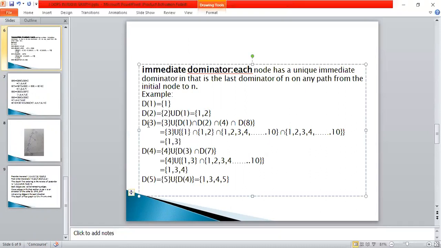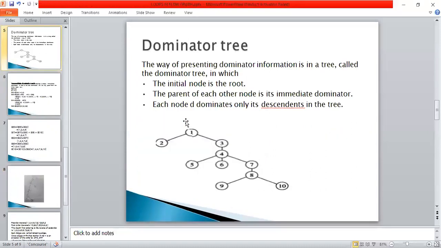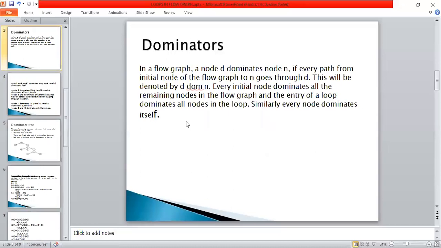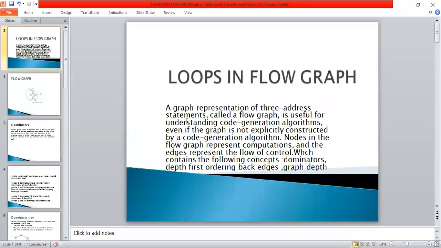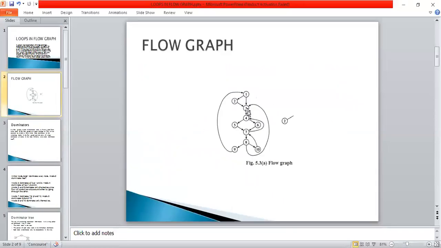And similarly, I am calculating node 3's dominators. Here observe the graph. Node 3 has links from node 2 and node 1, and itself. Sorry, and it also has links from 4 and from 8.